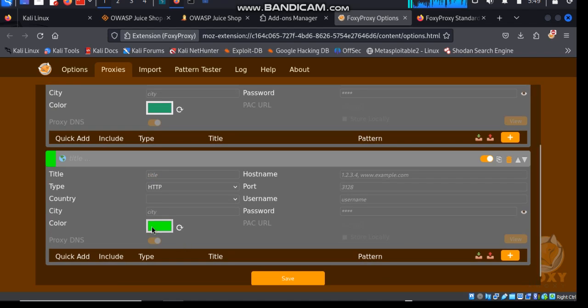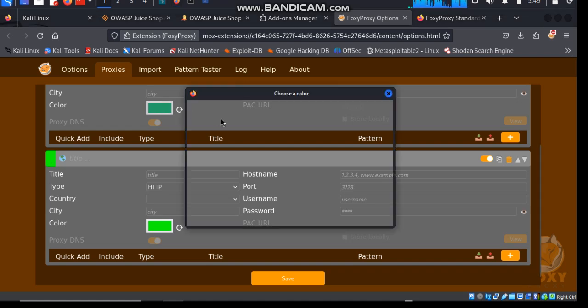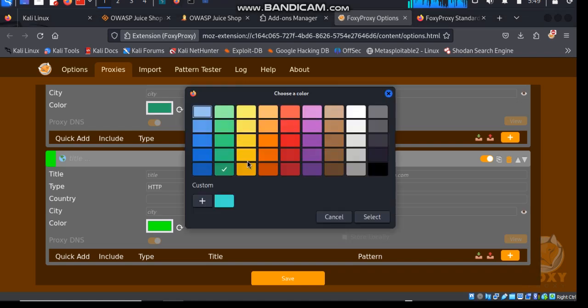You might want to change your own color, but why I chose green is so that, as you watch here, it's not connected. But once I press connect during the penetration testing, when I press enable, I will see the green color and say, okay, it's on. I like this green. This green is even shiny. Let me change my green shiny color.